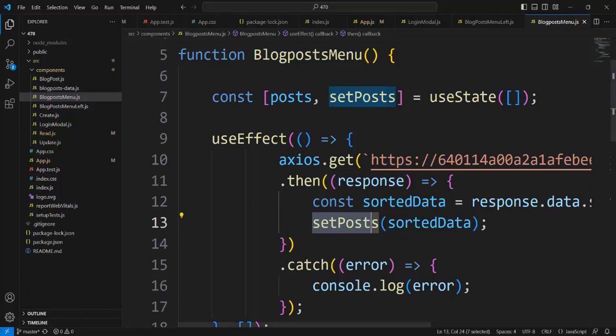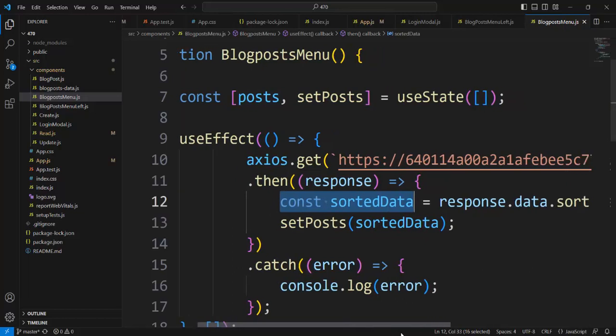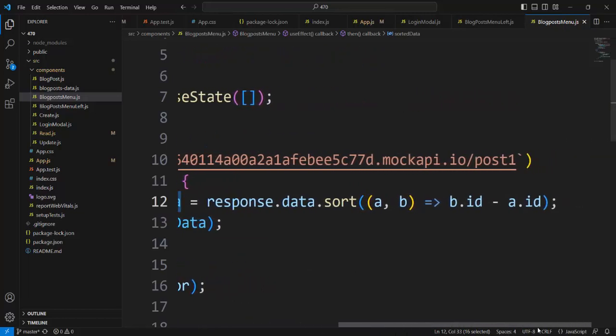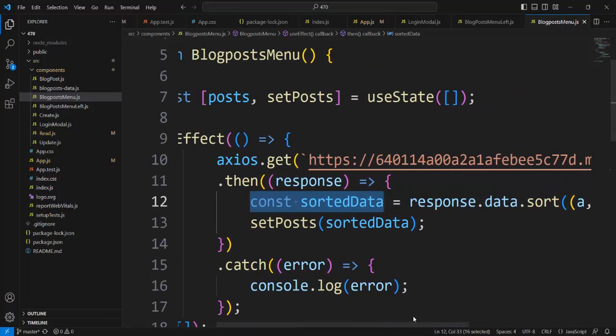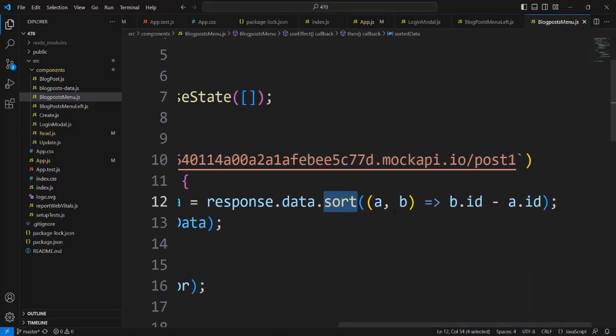First I declare sorted data equal to response data. Response data is in ascending order, and we apply dot sort, right? It is an arrow function for descending order,